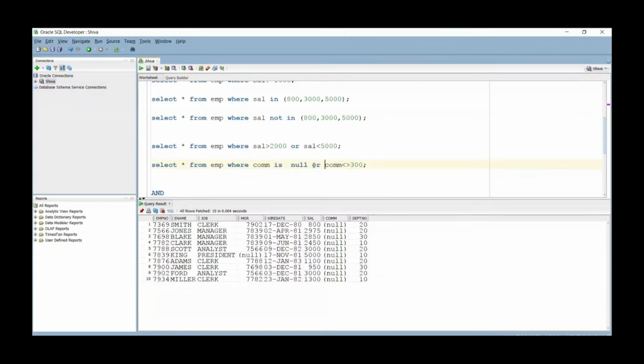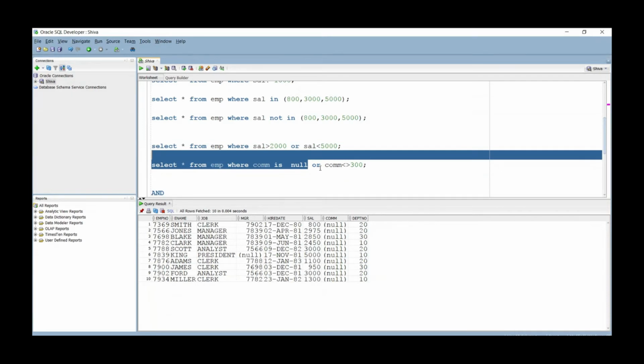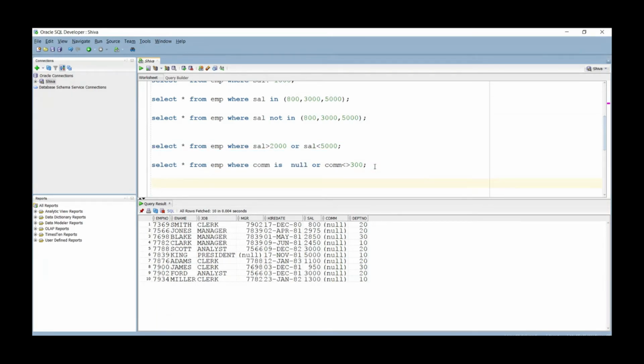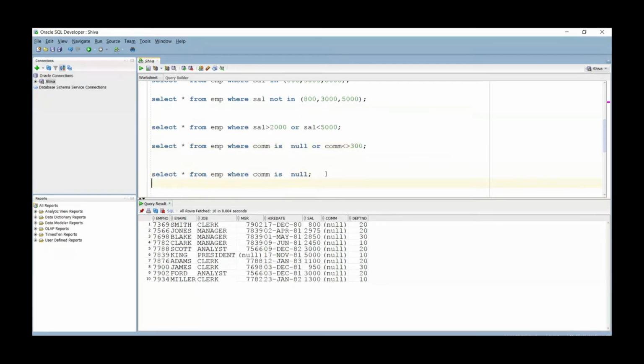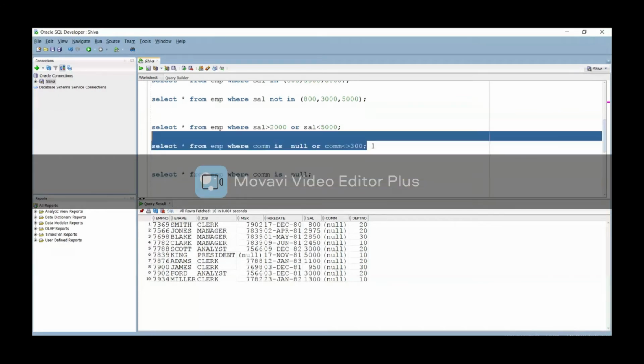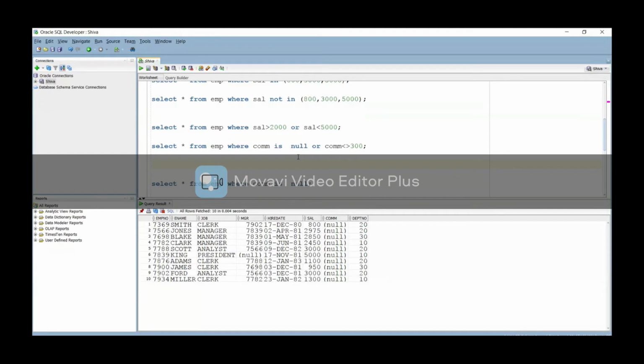This will work like two queries, fetching the query results to you.